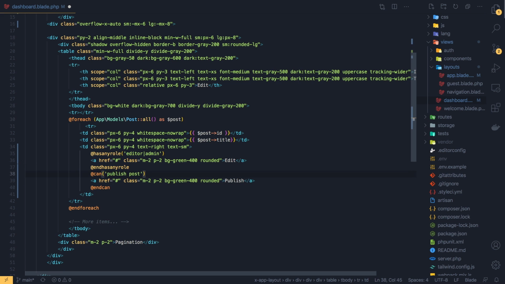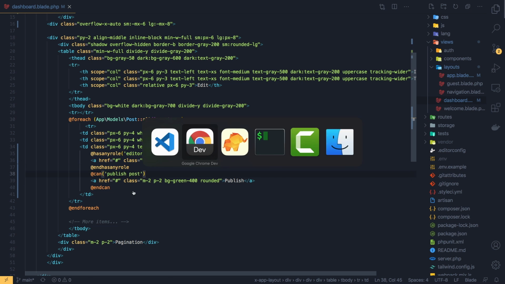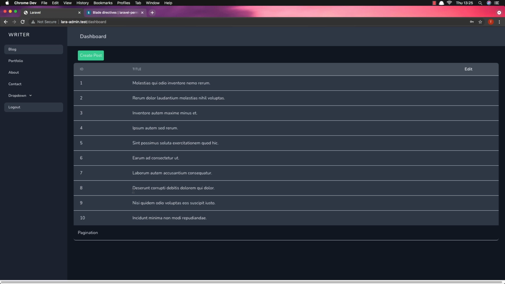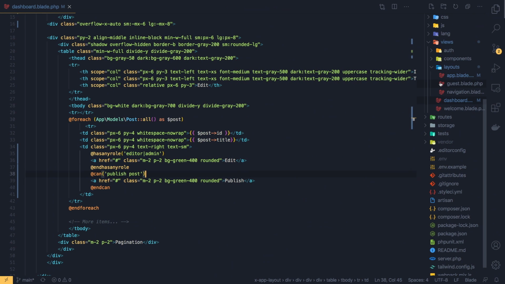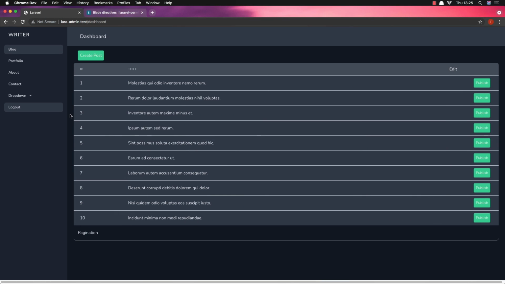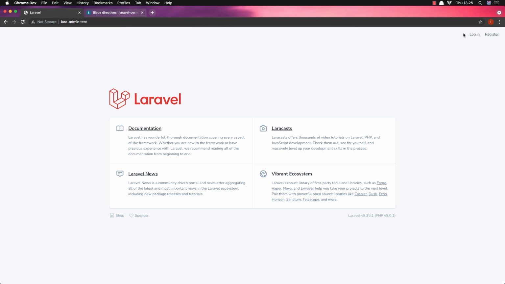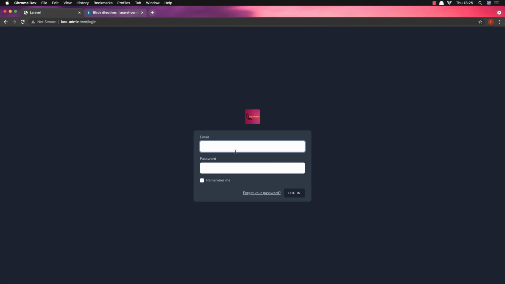If I save and refresh here, yeah, he can publish post as well. Okay, now if I log out and log in as admin, if I go admin and add the password,